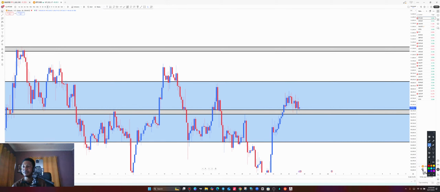You understand? So we need something like a pin bar, maybe a strong pin bar, to be able to move price all the way to the upside on BTC USD. Once you see a strong pin bar there, that can be a confirmation for us to start buying on this pair to the upside. So BTC USD, we are also done with the full and complete analysis. Let's go to the next pair.